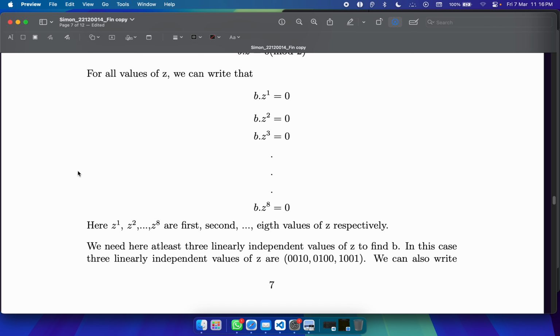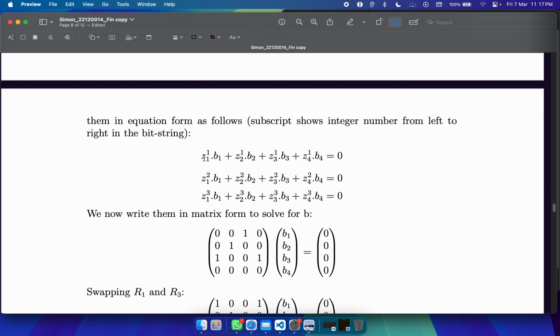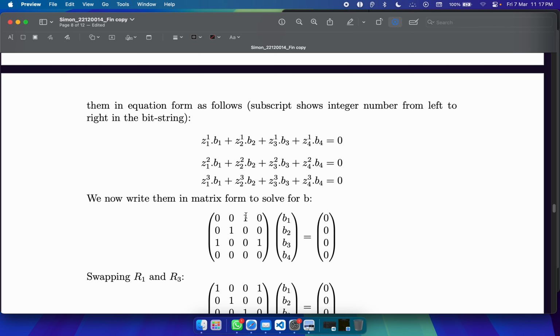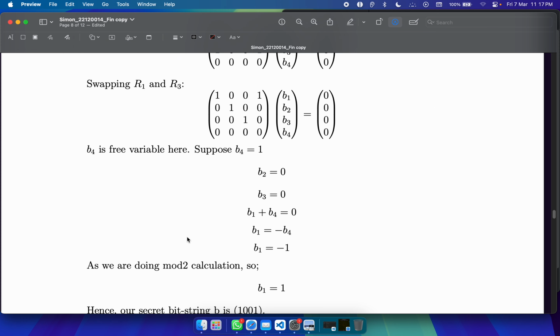essentially we do have 4 equations and 4 unknowns. So yes, I'm correct. We have 4 equations, 4 unknowns, right? As we see right here. And so now here is the matrix, let's call this A, and the secret string having elements of B to be a vector B, and these both equal 0 when multiplied. So we can do this by the elimination method or Gaussian elimination. Both of these work, and